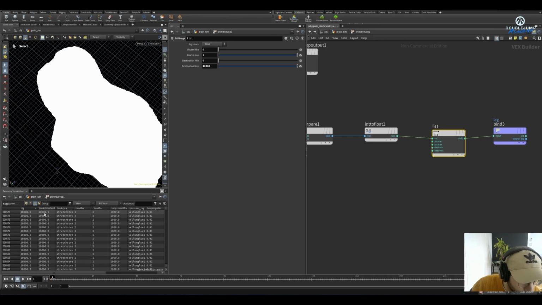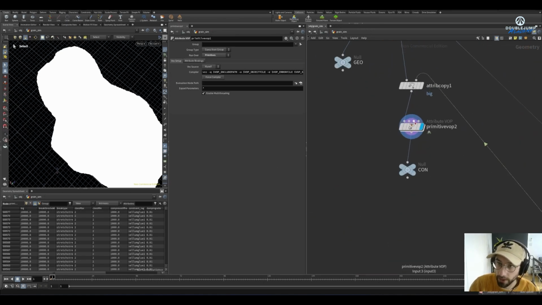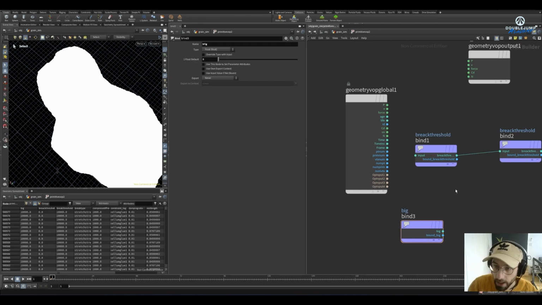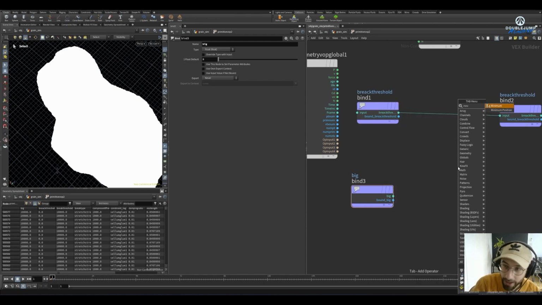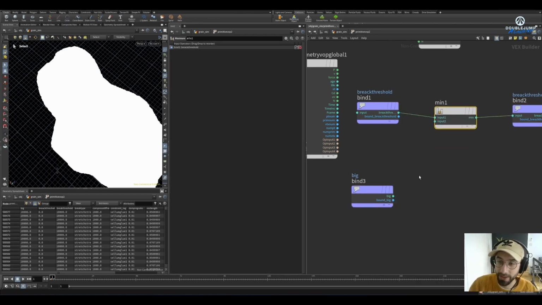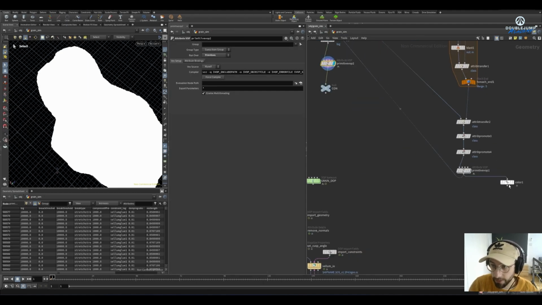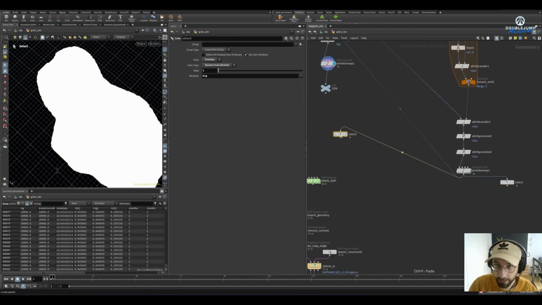Our break threshold is 10,000 or 10,000. That's exactly what we want, and you will see the magic happening very soon. So now we want to say, hey, break threshold, if you see that big as a value that is smaller than you, then you should grab the value of big, okay? So now if I duplicate that,